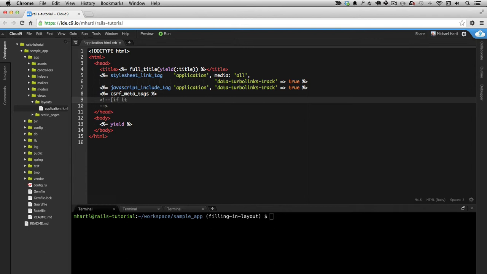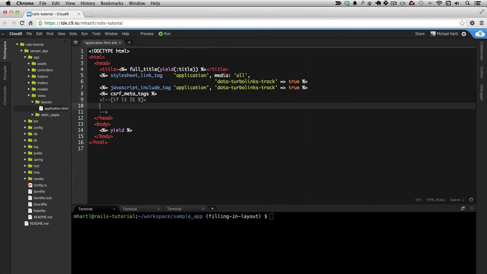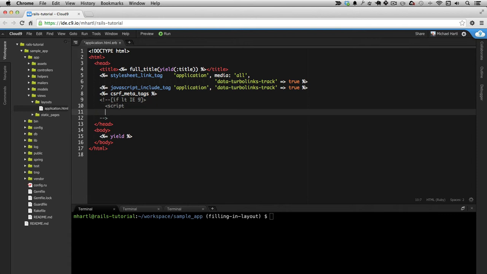So if LT, that's less than, so if the browser is less than IE9, then I'm going to include a script. This is a JavaScript that exists on a CDN, or a content distribution network. And this is the kind of thing that you really would never type in yourself. You would find this somewhere on the internet, and from a source presumably that you trust, and then you'd paste it in. So I'm going to end the script,